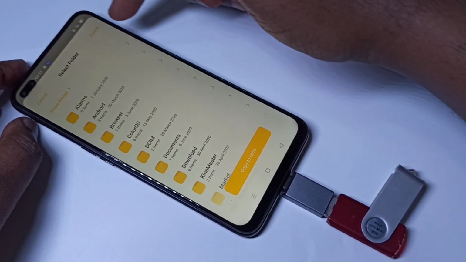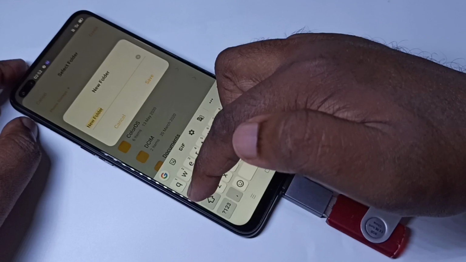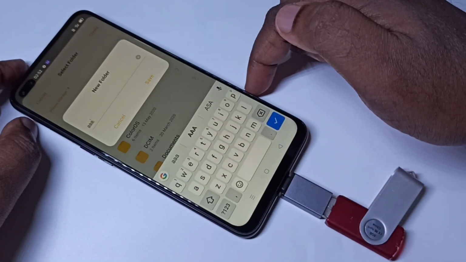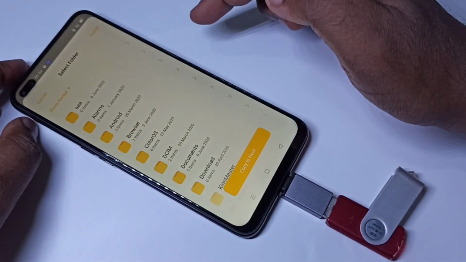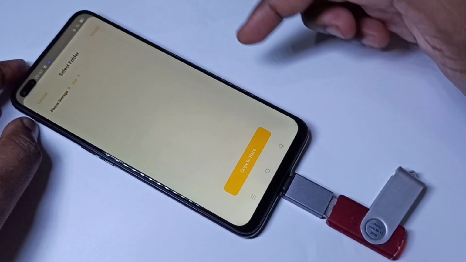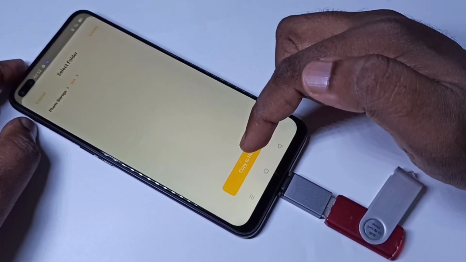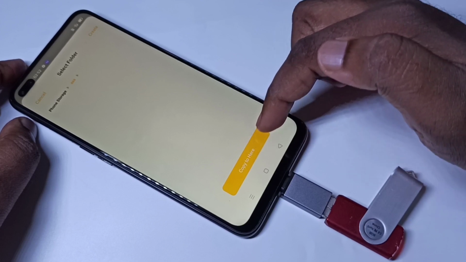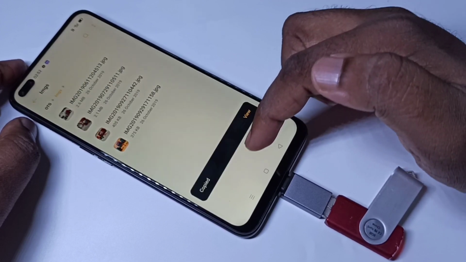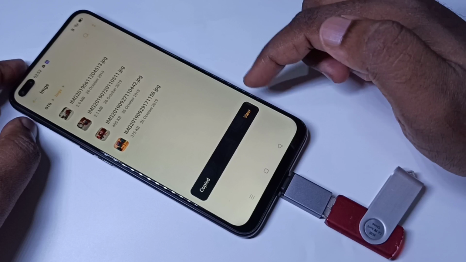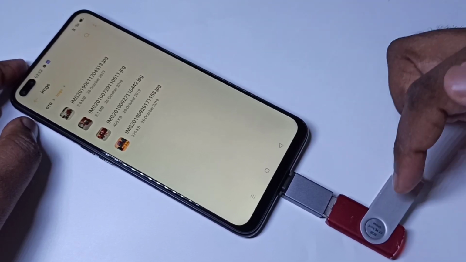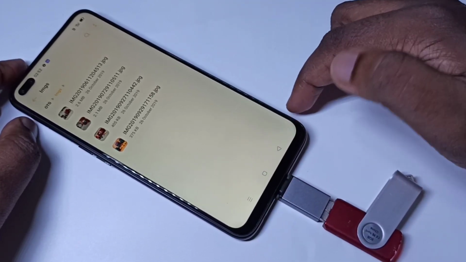I am going to create a new folder here. Then tap on save. Then go to that folder. I am going to paste that image here. Tap on copy to here. Okay, now I have successfully copied this image from pen drive to phone storage.